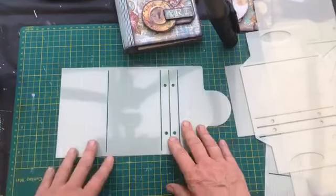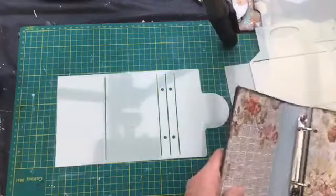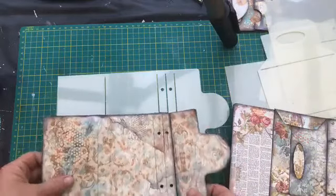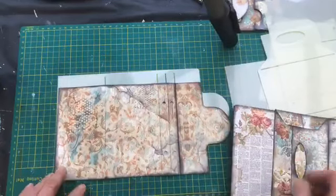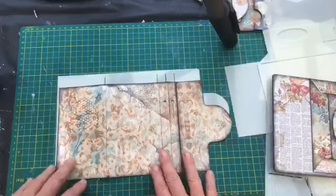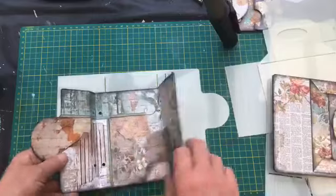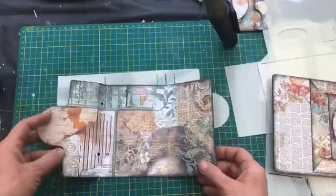So for instance, this particular one that you see here, I will just see if I can find that in this book, and then I can show you what it does. So you can see that this creates this page like this. Now I do find that using double-sided papers is the easiest way, because obviously you haven't got to worry about a white inside or outside. There are some really wonderful ones on the market. I've got these ones here by Stamperia,